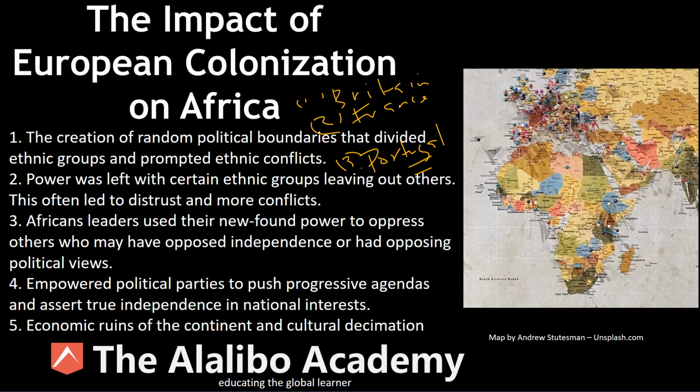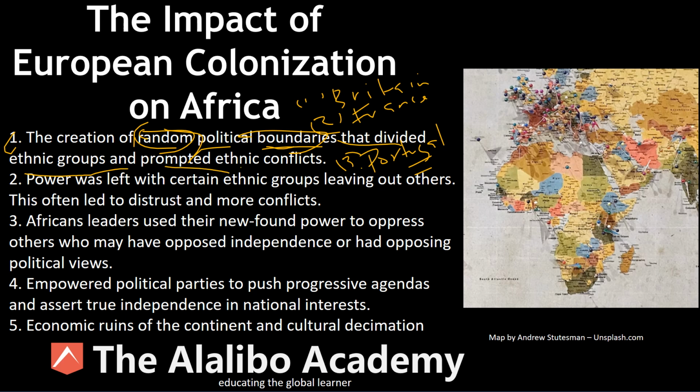So what were the effects of colonization on the continent? Now, there are five main effects. Of course, it's not limited to just five. There are definitely more, but five main effects of colonization of the continent. The first one is the creation of random, and this is a very important one. Random is the key word here. The creation of random political boundaries